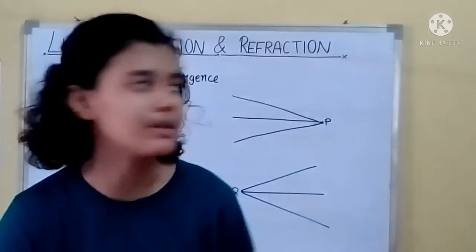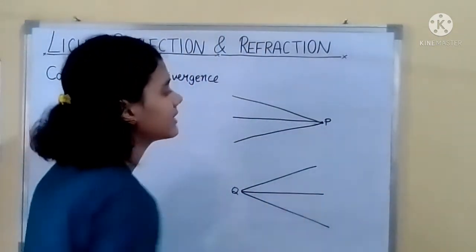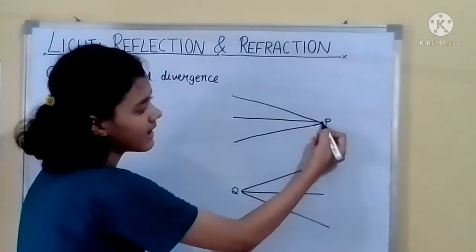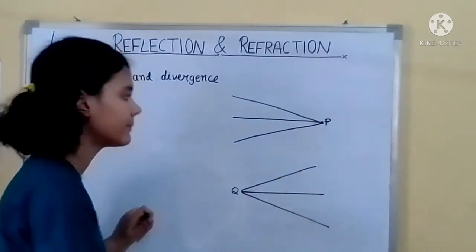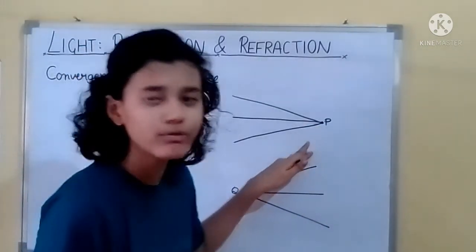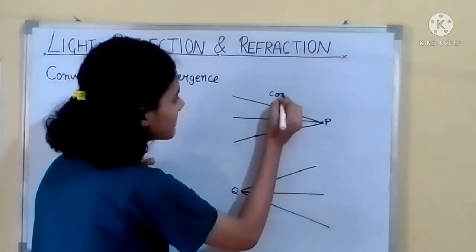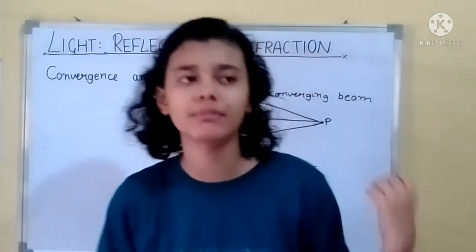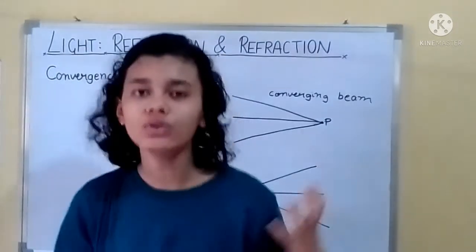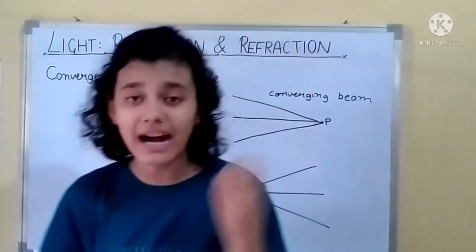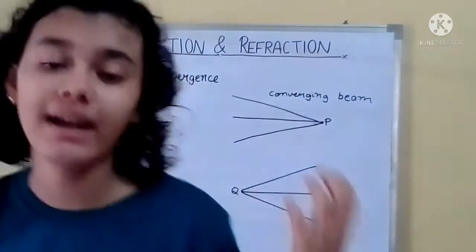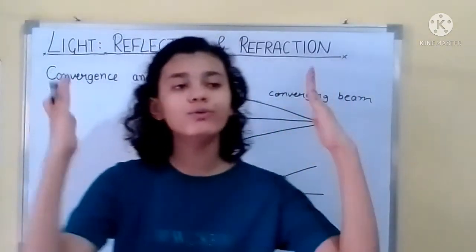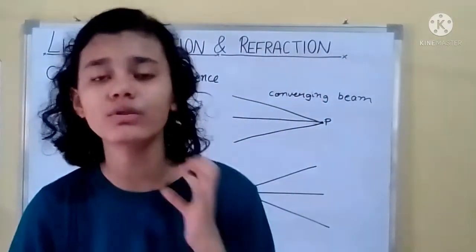and a diverging beam. So converging beam is like this, okay, means like light rays are coming and then they are converging at a point, let's say P. Now where this type of beam is used, this is known as converging beam. So this converging beam is used where we want to focus light on something. So it is used by doctors to see eyes, teeth or ears, and then it is used by the dentist. So basically it means that where we want to focus light on something, there we use converging beam.